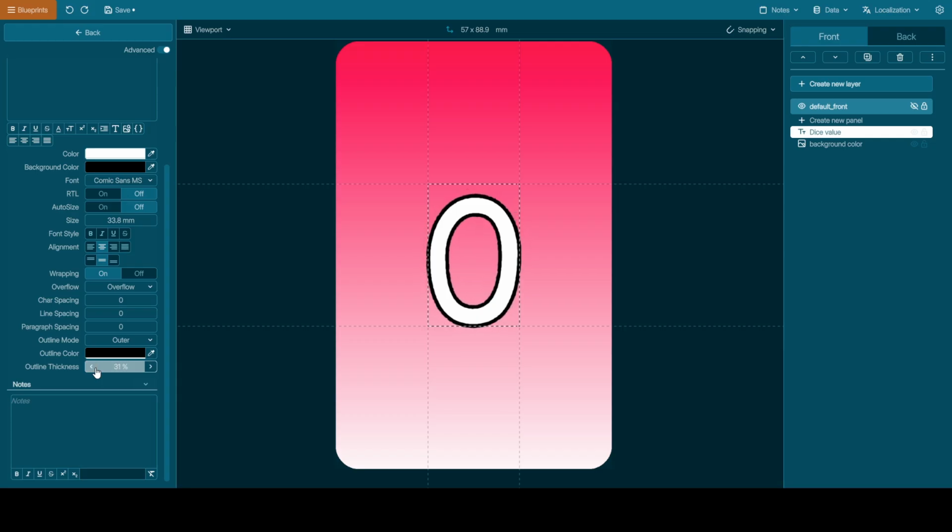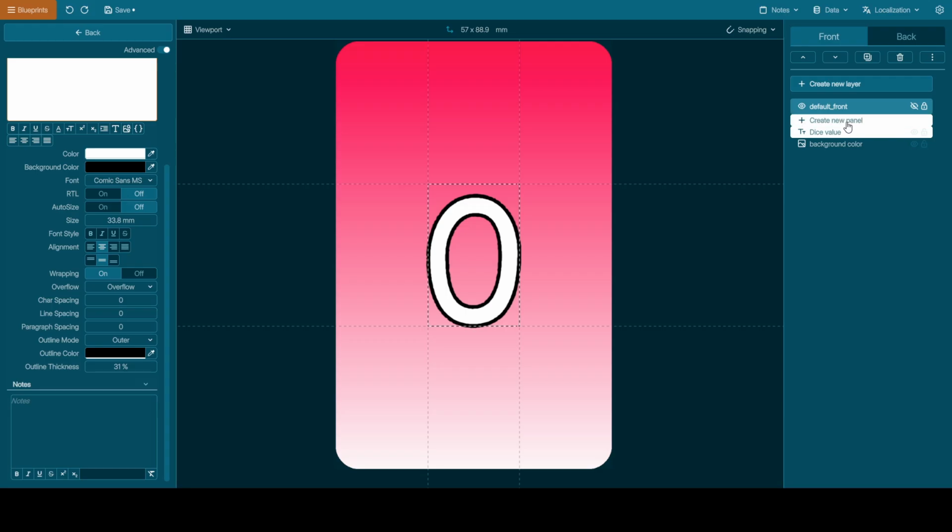Then what we had in our Dijkstra's test was the name of the dice or description of the dice. Let's create a new panel there.